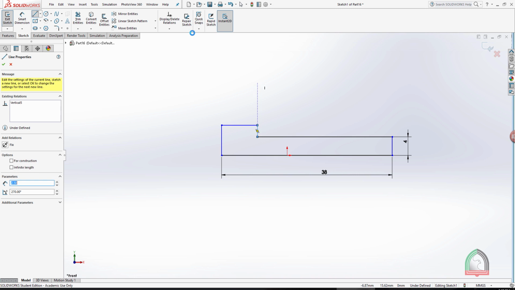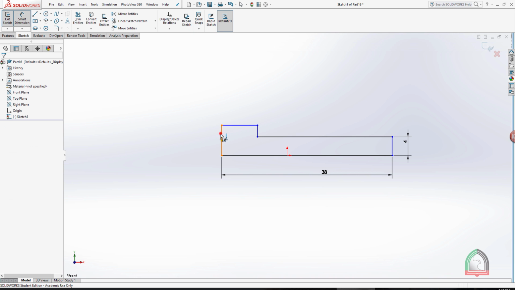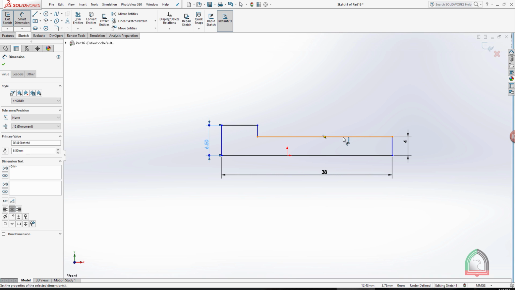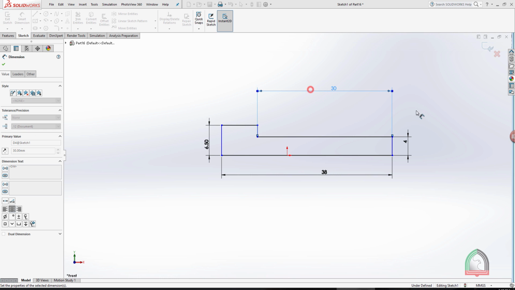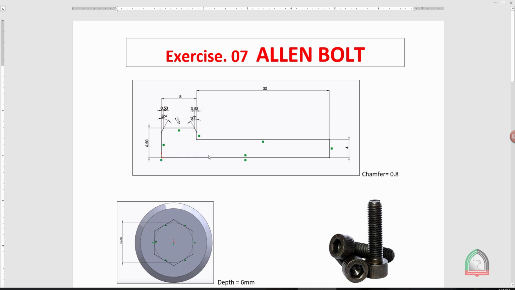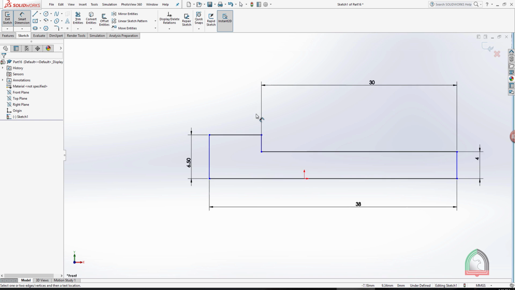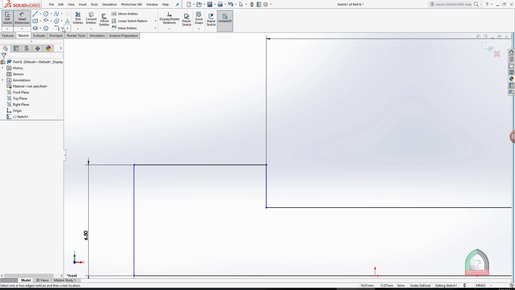Here it is. Okay, this is 6.5 and this is 30. So now we can compare the figure. Here we can see that there is a small triangle chamfer of 0.53 at an angle of 30. So what we will do is we can zoom this area, go to chamfer, and here we can go with